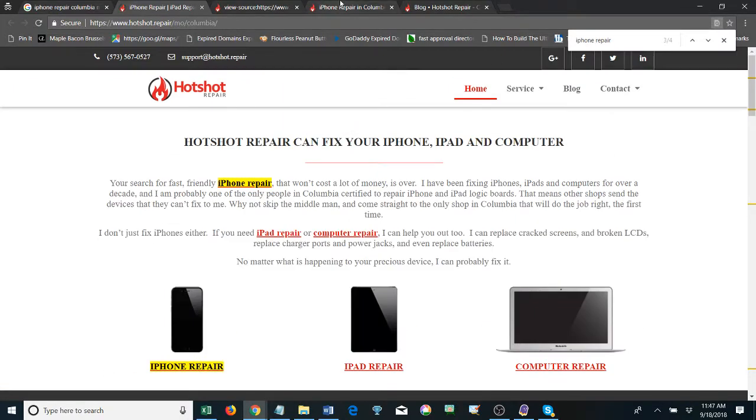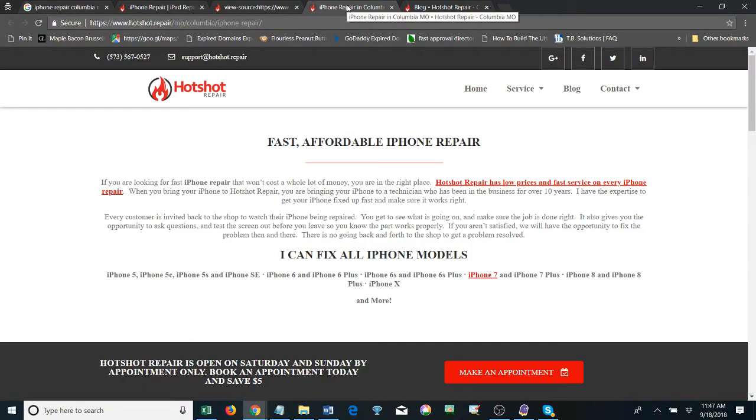And then the second thing I would do is really beef this page up so that you have some good content on here and that they get everything they need to know about your services on this page for iPhone repair. So you're going to want to set up an H1 tag, you're going to want to have an image, you're going to set up your alt tag, and everything really is just targeting iPhone repair. You did a pretty good job with the title tag. I might play around with that just a little bit as this progresses, just to see if we can get you ahead of the group.